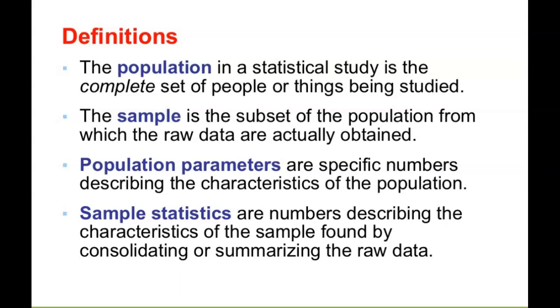All right, and this is what I just described to you. So the population is the set of people or things being studied. A population depends on the context of what you want to study. In my little example, the population was all students taking QR. A sample is a subset of the population that we actually make calculations on.